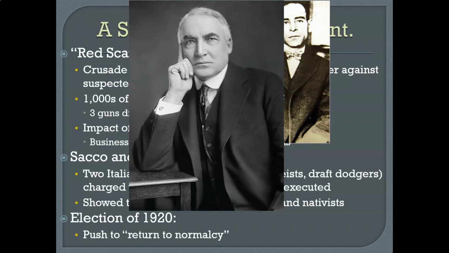Now, in the election of 1920, we're going to see this push for normalcy, okay? And it's important to note that Woodrow Wilson leaves office in a very vulnerable state. Our country's at a point now where really things are beginning to change, all right? You've got race riots, we just came off of a war, we're really trying to figure out exactly what's going to happen in the country over the course of the next 10 years.